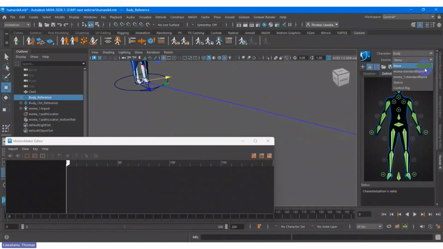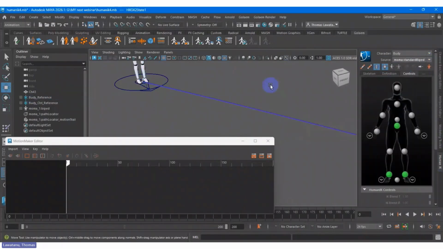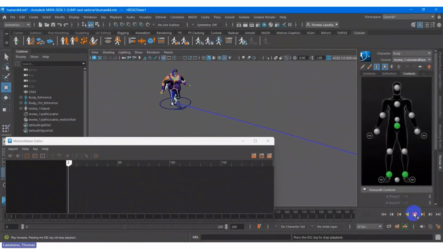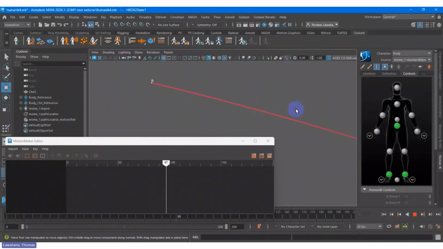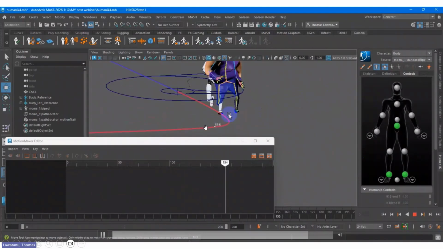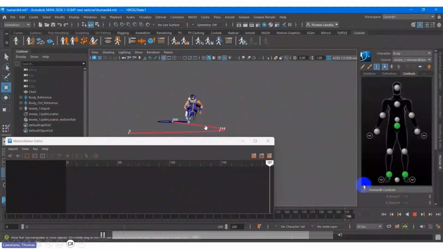Okay, just click this, I think something is missing. Okay, this one. Now the character follows the biped from the motion maker. So I try to hide the biped character, then move and play around.